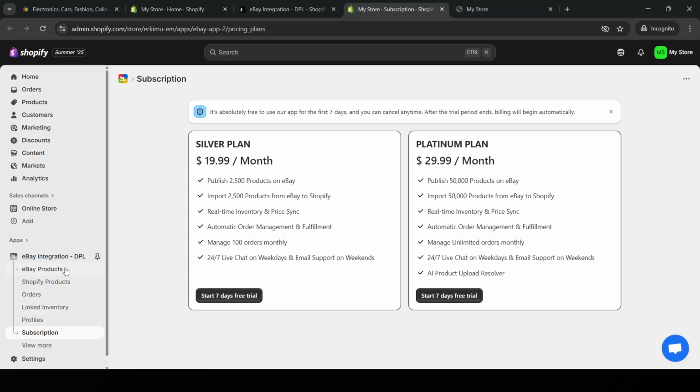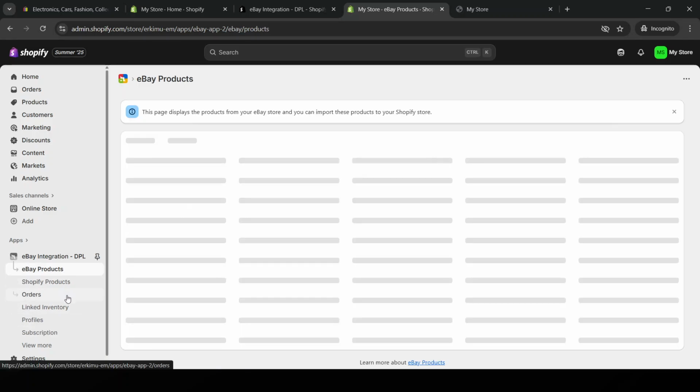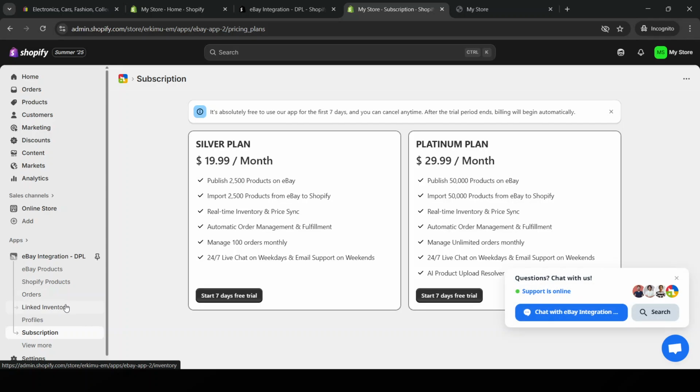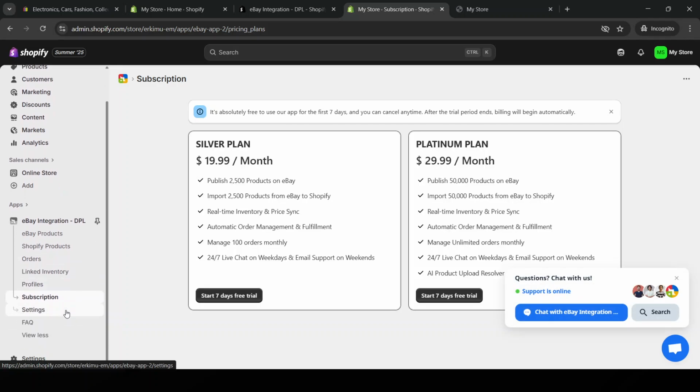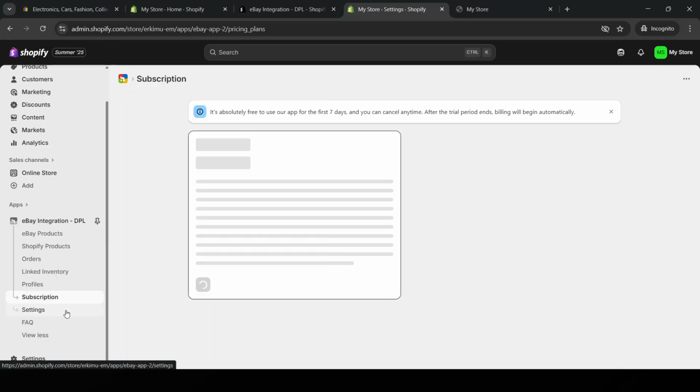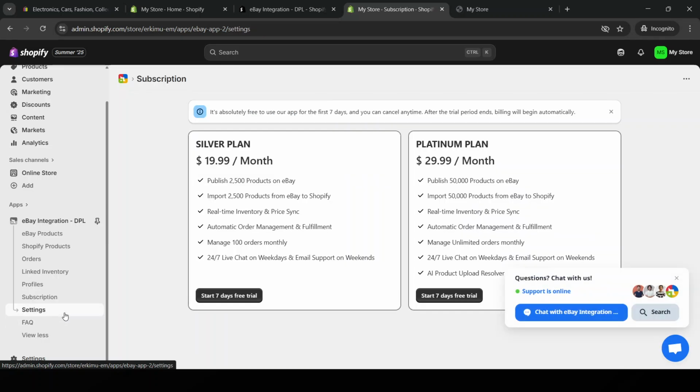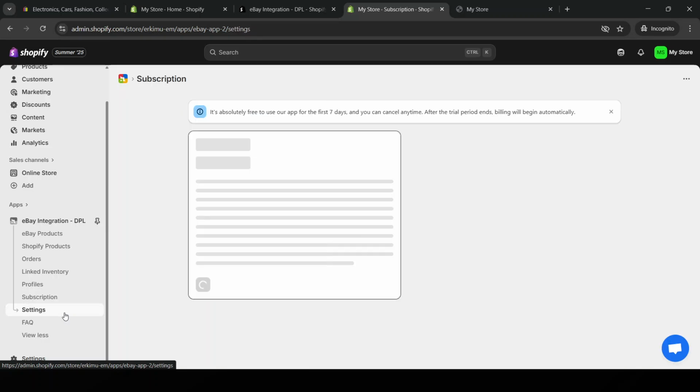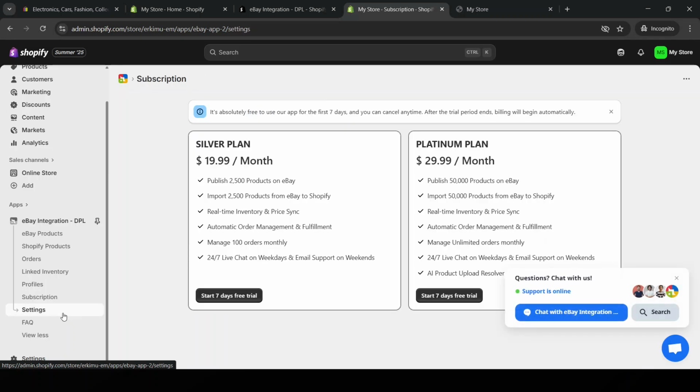This step is critical because it allows Shopify to post listings and manage orders on your behalf, saving you time and minimizing errors in product data. After successfully linking your eBay account, it's time to configure your settings to reflect how you wish to manage operations on eBay. The app will guide you through setting up your preferences, such as pricing rules, inventory management methods, and